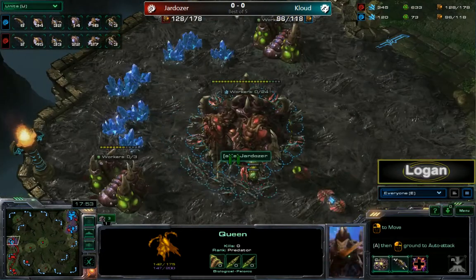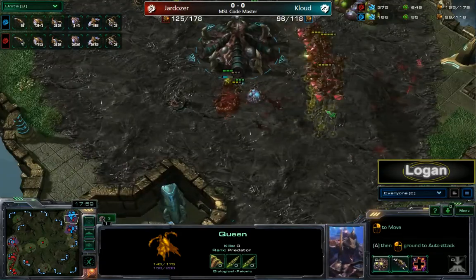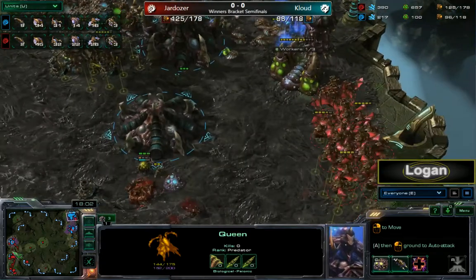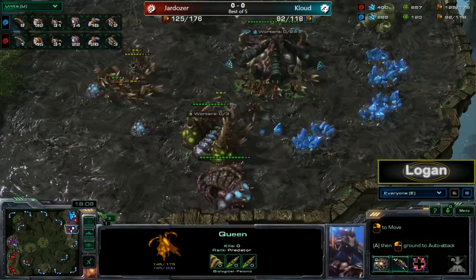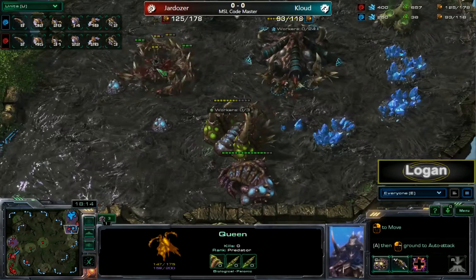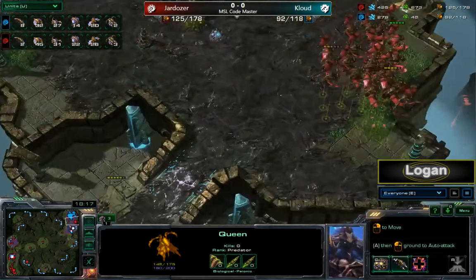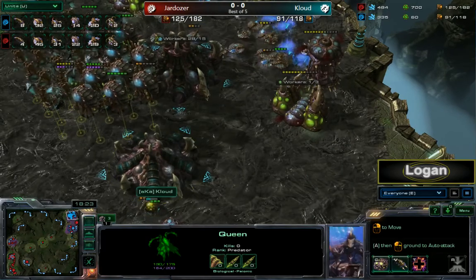In the meantime, looks like Kloud is doing a little bit of his own damage. He's going to get over here and take out an additional base. But the real problem, this is a threat, but I think there's enough forces on the ground from his opponent Jardozer that it's not going to be a huge problem. Some Lings of Jardozer's coming in, taking out these Spore Crawlers, allowing those Mutas a little bit more free reign in the area. And now with those Lings on the field,